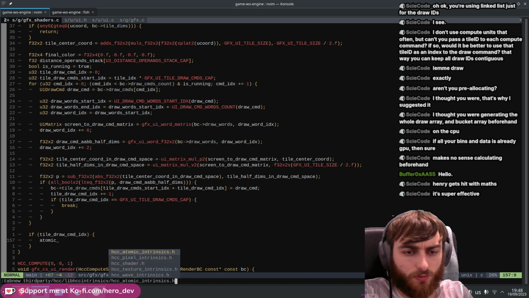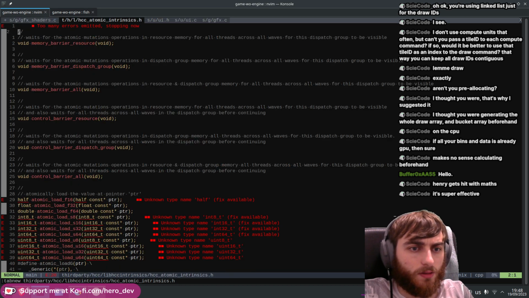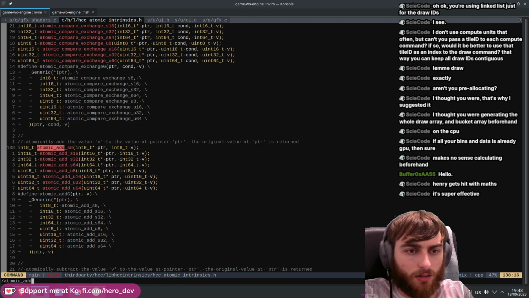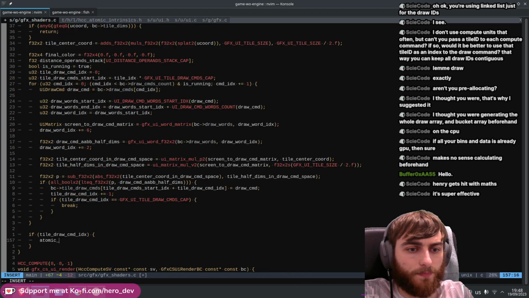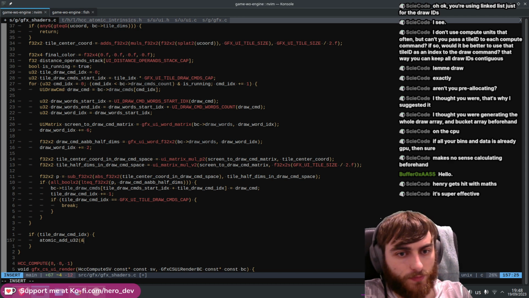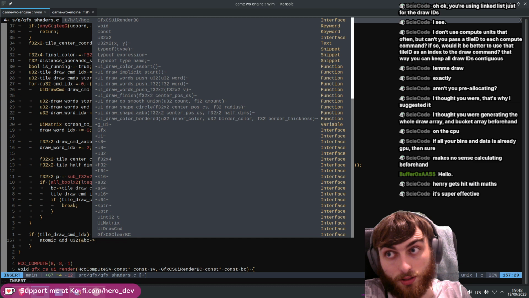There's an atomics, right? Yep. So atomic add. Yes. So I want to do an atomic add U32. We're going to be adding into a buffer. So there will be a buffer in BC. We'll call this one